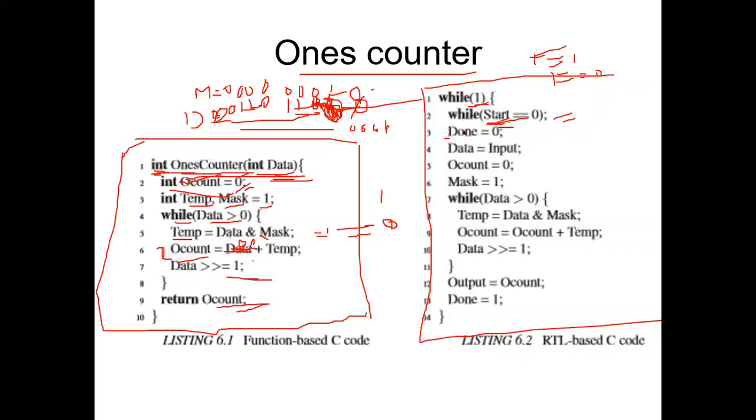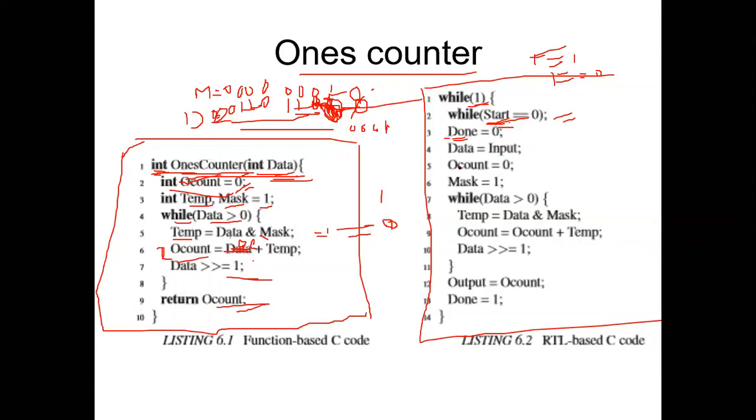There we are setting one more control signal, done. Done is taken as a control signal to indicate that once you finish the execution of this code, we will make the done signal 1. Otherwise, done will be 0. This is to notify that we have completed the data conversion or whatever the function is. We have completed that particular execution, and to show that we use a done signal. Once you find the number of ones, the done signal will be made 1. So we initialize done as 0, and when the conversion is over, we will make done 1. That's the logic. So the third line is initializing the done signal to 0.